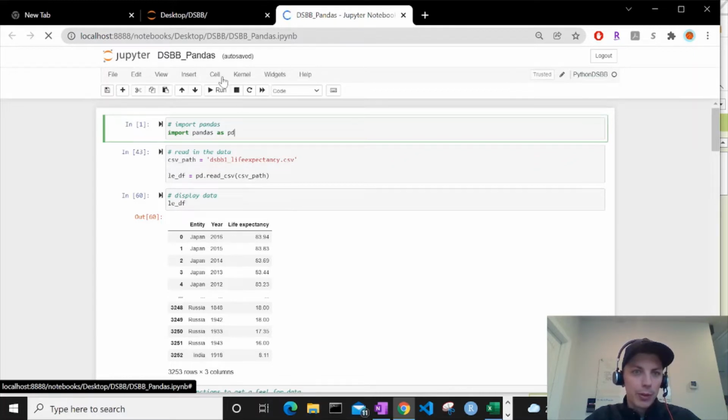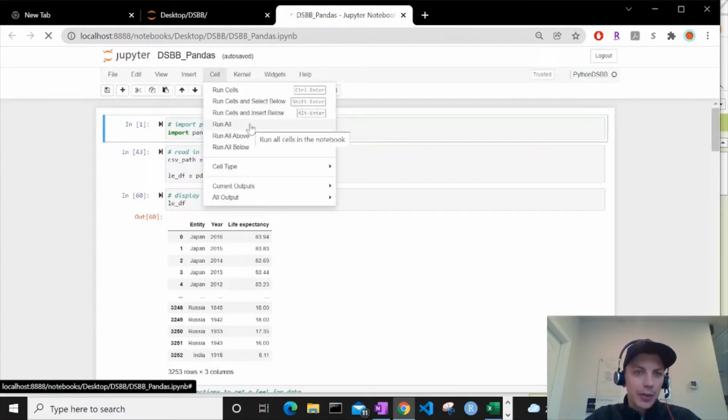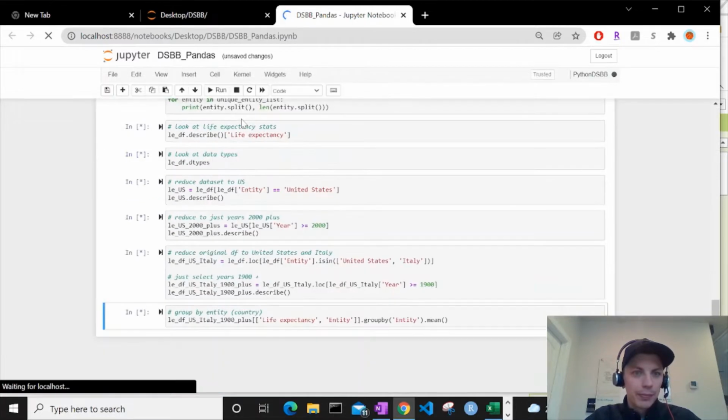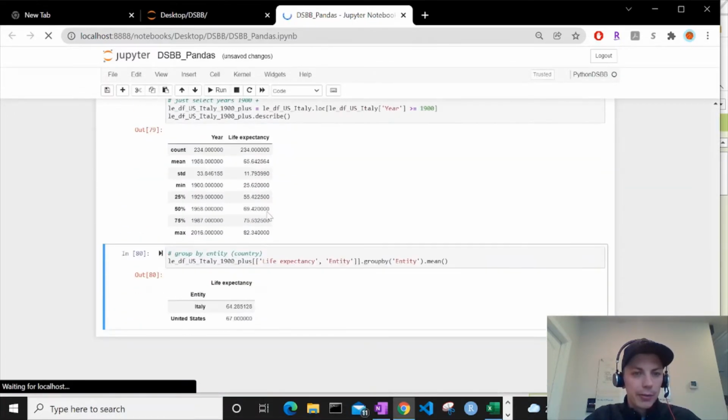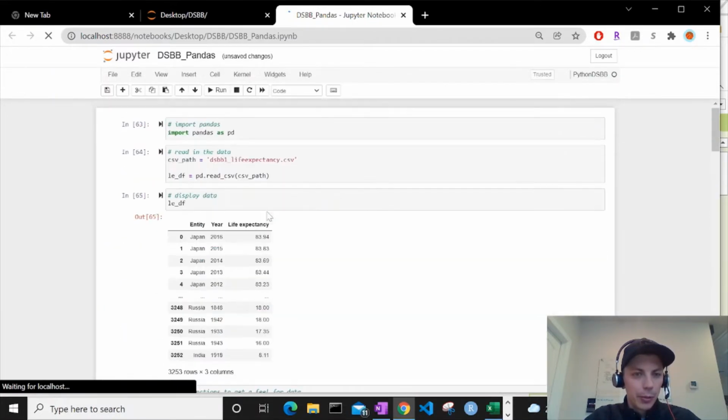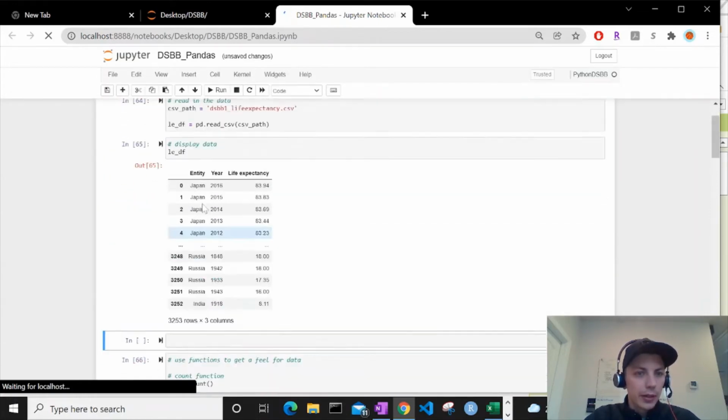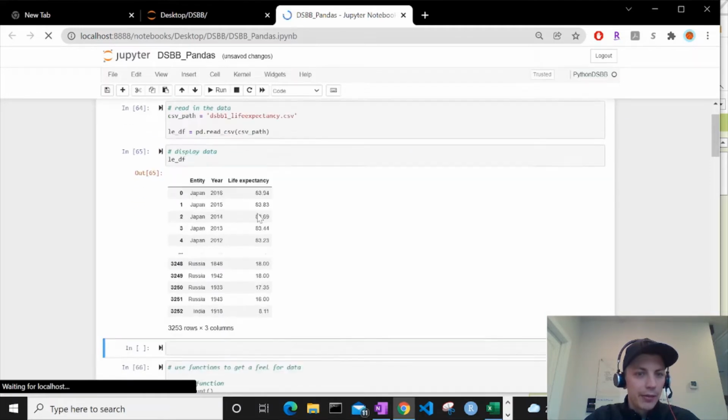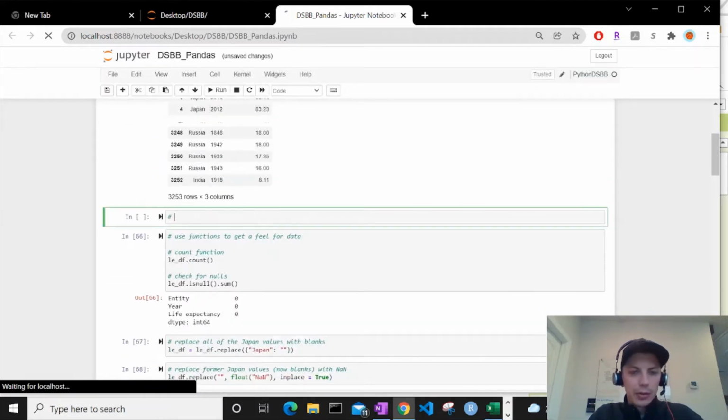If you have this open, just run everything. So cell, run all. Shouldn't get any errors if you've been following along. If you do, don't worry, all you need to have is cells 1, 2, and 3 loaded to this point. So let's go ahead and make a new cell right after our LEDF display, and we'll do a comment, use